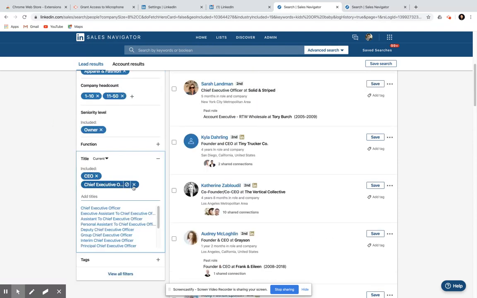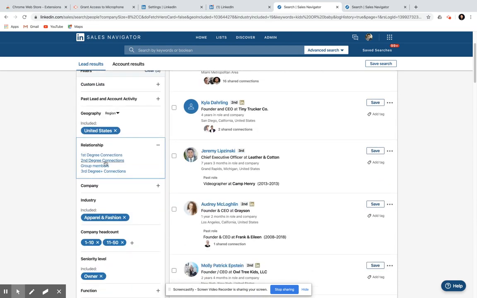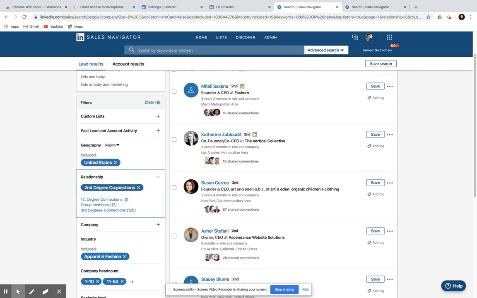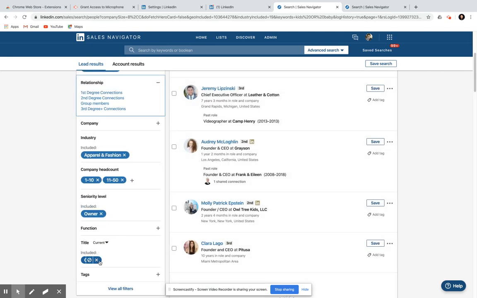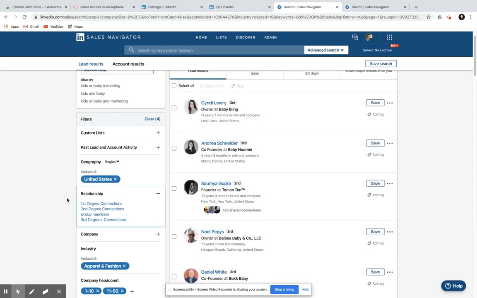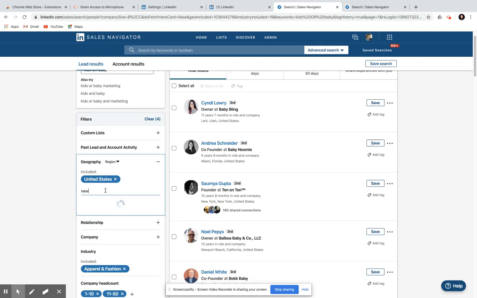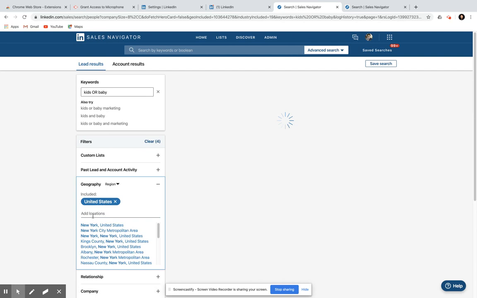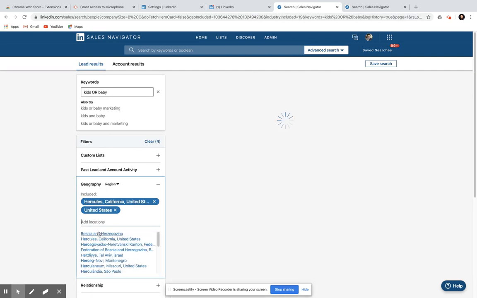Another thing that I would like to show you is you can also choose if they are second degree connections. Second degree means you and they have a mutual connection. If I remove that, and also remove the title, I can change the geography to New York or Hercules, California.